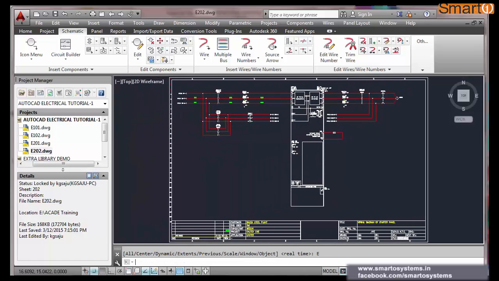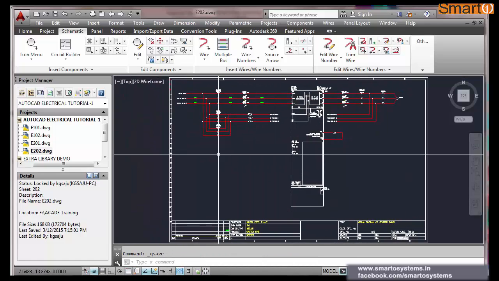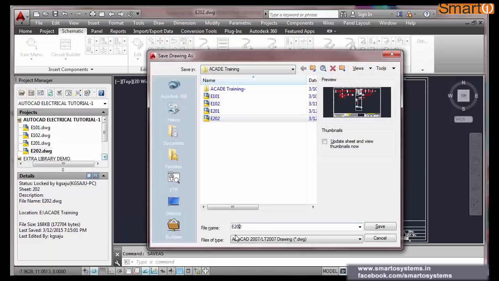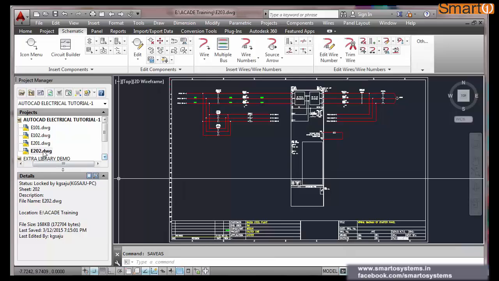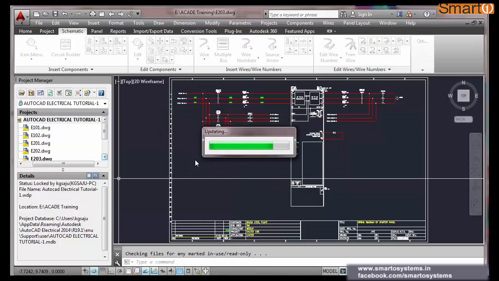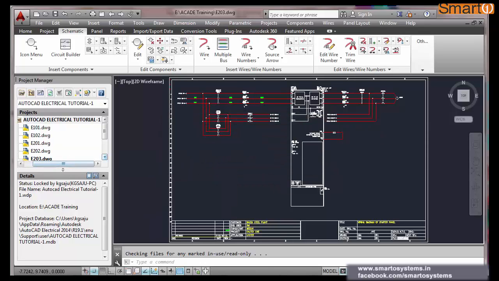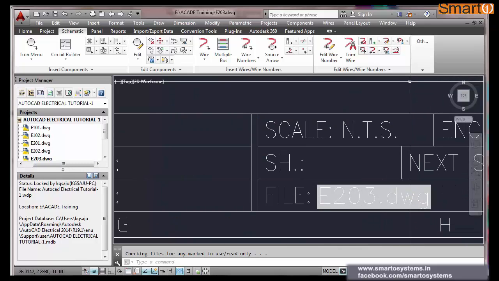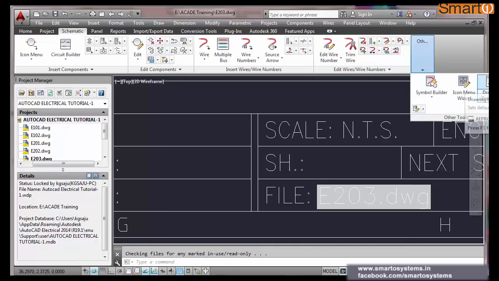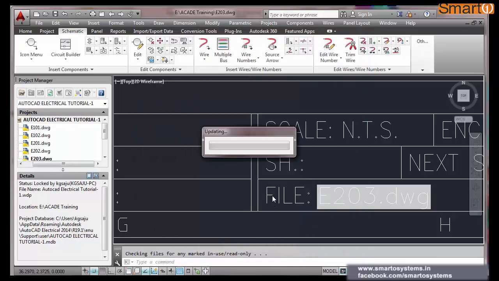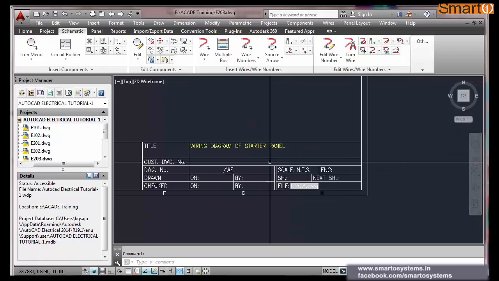So this is over. Now the ladder that comes in the control scheme. I don't have a sheet called 203, so I'm going to save as this sheet into sheet number 203. Okay, but that won't appear in your project list. For that you have to add active drawing. Then only that will appear. Now you can see the sheet number 203, and this field has automatically changed into 203. Once you save as into a new sheet, what you should do first is go to the drawing properties and change the sheet numbers. Otherwise the rung number, everything will be with a prefix of sheet 202.